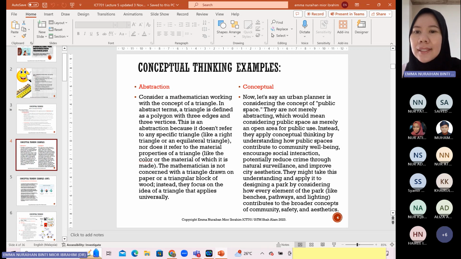Conceptual. Now let's say an urban planner is considering the concept of public space. They are not merely abstracting, which would mean considering public space as merely an open area for public use. Instead, they apply conceptual thinking by understanding how public spaces contribute to community well-being, encourage social interaction, reduce crime, and so forth, including the economics, the benches, the pathways, and everything. So conceptualizing is eventually, for example,